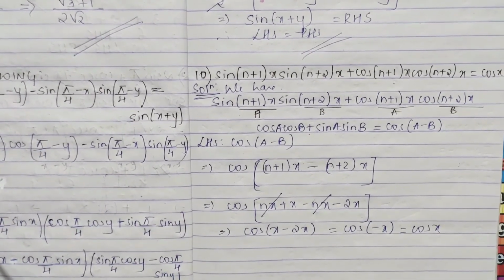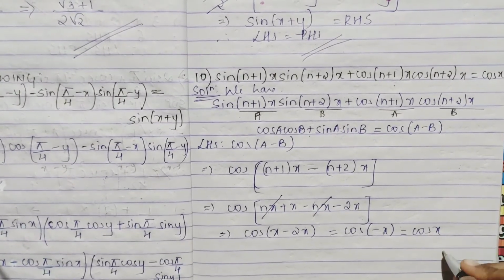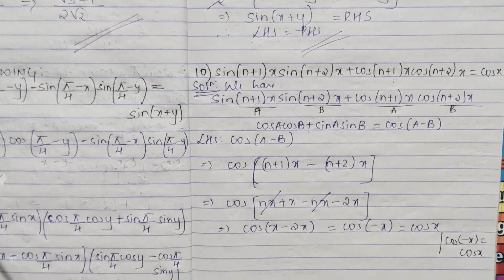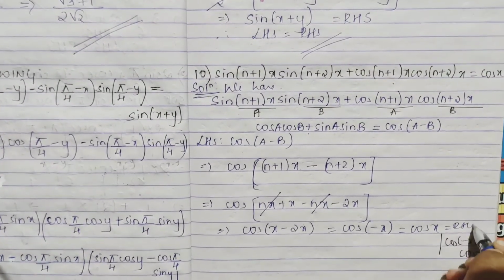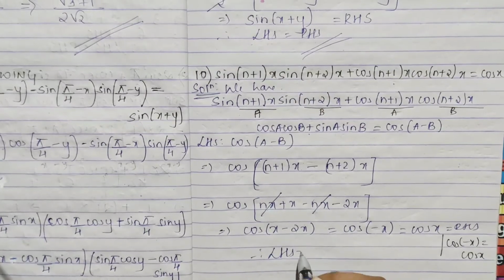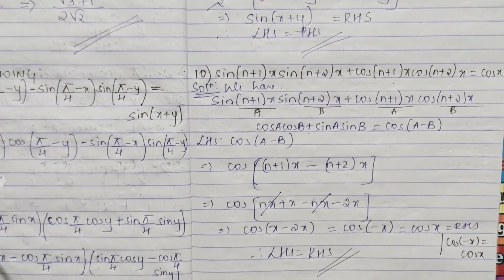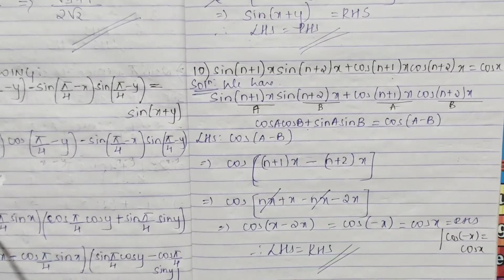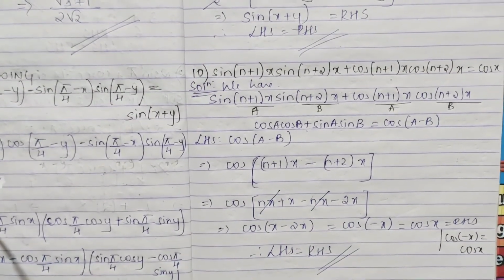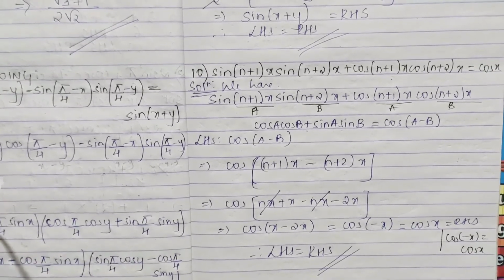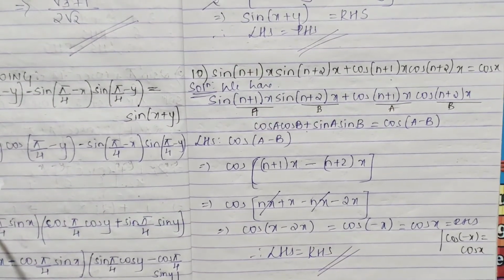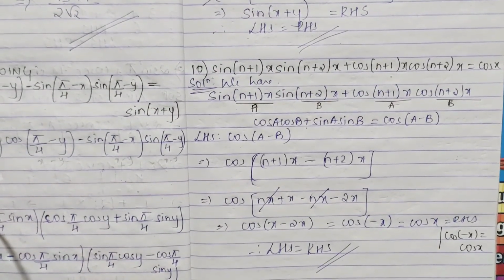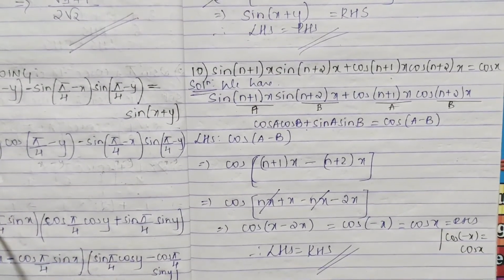You have done this at the start. First identity, where shall I write? Here I'll write cos of minus x is equal to cos x. So this is your RHS. So therefore you have arrived that LHS is equal to RHS. Okay? Okay students, be free while solving. Don't be in a heavy mind. Okay, be calm and just solve it. Aram se, take your time and solve it. You've understood this? Pause the video to note it down.